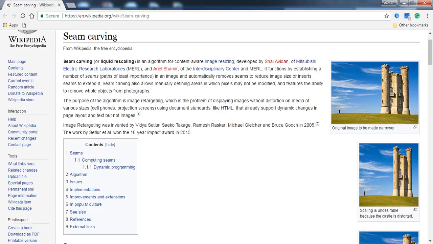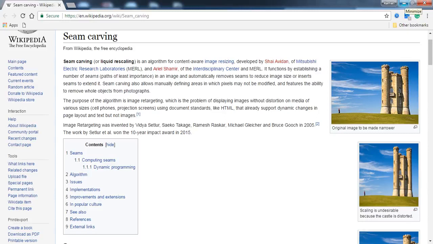So basically this is for image resizing, and it functions by establishing a number of seams in an image and automatically removing seams to reduce image size or inserting seams to extend it. So that is seam carving.